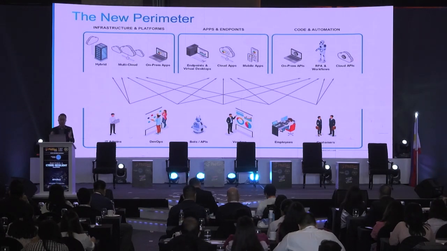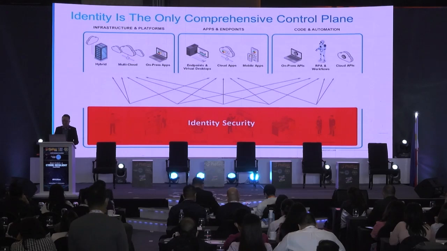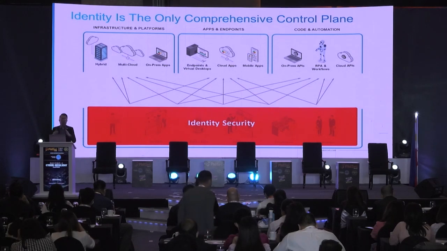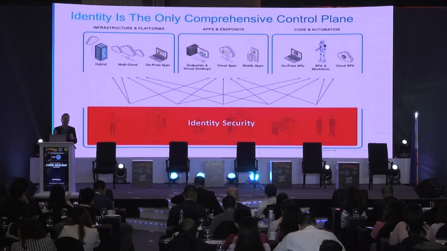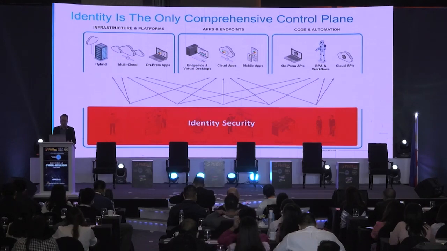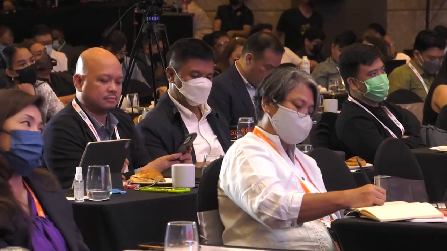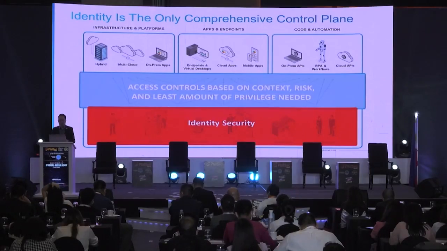So with all that being said, we can summarize that identity has become the new perimeter. Identity is the only way you can provide that critical first layer of security in a perimeterless world. Control who can access what resources, at what time, and for what purpose. Control the type of permissions that these users actually require. This is the concept of least privilege: have the right amount of privilege they need to accomplish their task, nothing more and nothing less.